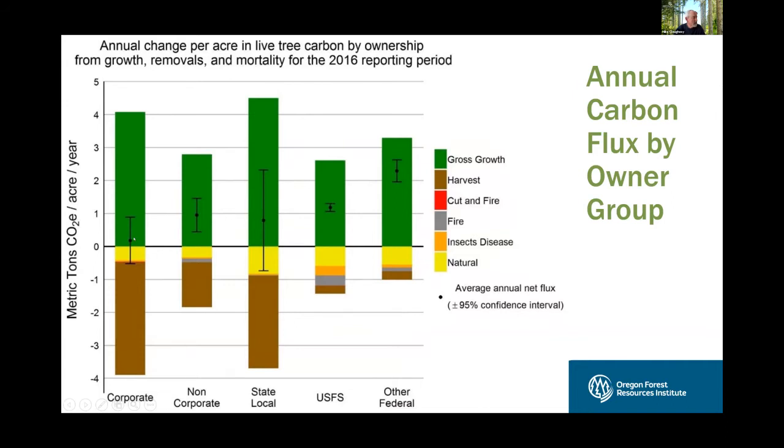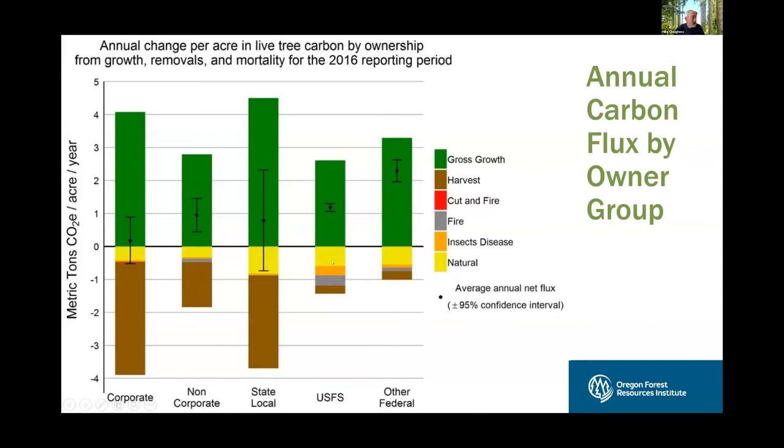So each year on corporate, it increases a little. We have a great deal of growth, but we also have a great deal of harvest. On the small woodlands, it increases a bit more, and this is on a per acre basis, because we have a great deal of growth, not near as much harvest. On small woodlands, the harvest is only about 50% of the growth, where it's more like 77% of the growth on the corporate. When we get over here to the Forest Service, a whole lot of growth and not as much harvest. Instead, we have a lot of fire, a lot of insects and disease, and a lot of natural mortality.